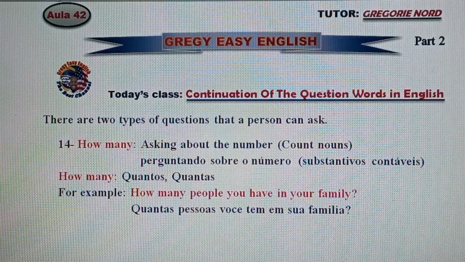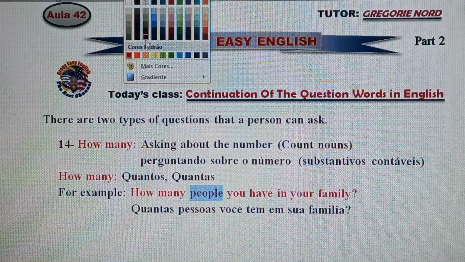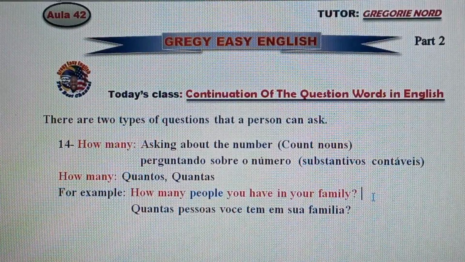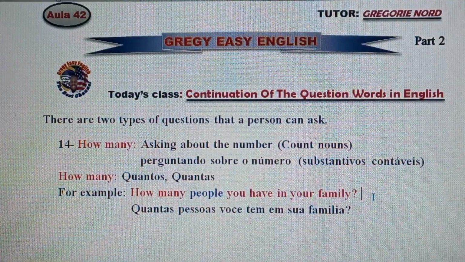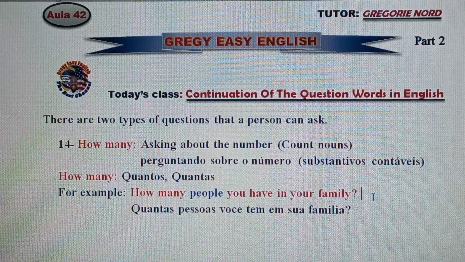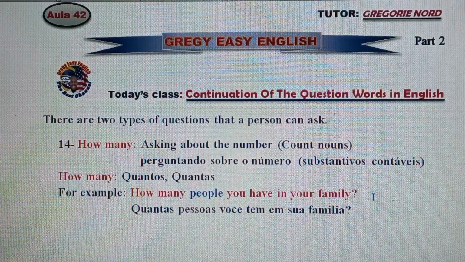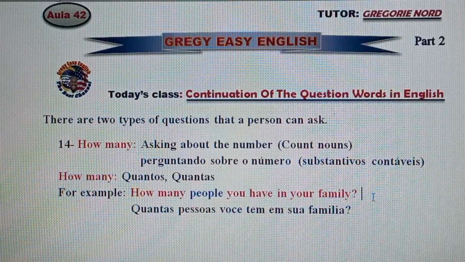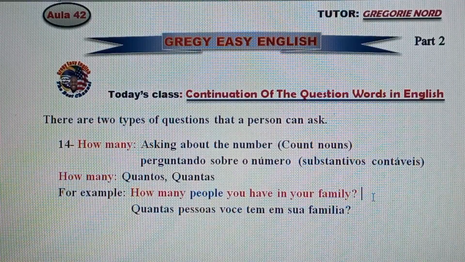Olha aí, pessoal. A palavra people, eu vou dar outra cor. A palavra people em inglês significa pessoas. Então, dá para você contar pessoas, dá para você falar uma pessoa, duas pessoas, três pessoas. Então, a palavra pessoas é uma palavra contável, é substantivo contável, ok? Você pode falar uma pessoa, você pode falar duas pessoas. Ok, guys? So, people significa pessoas.